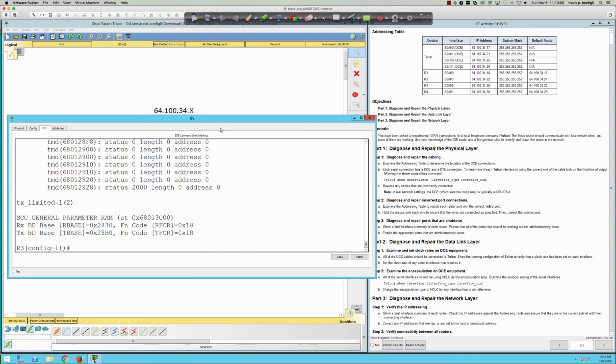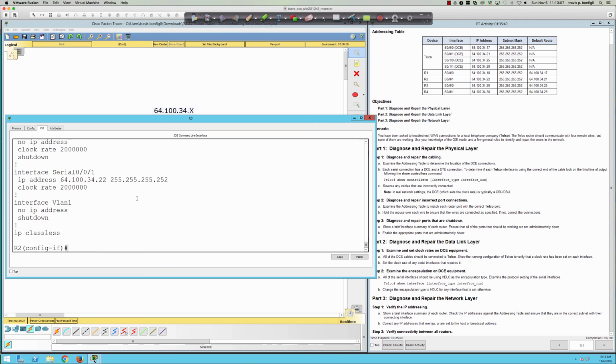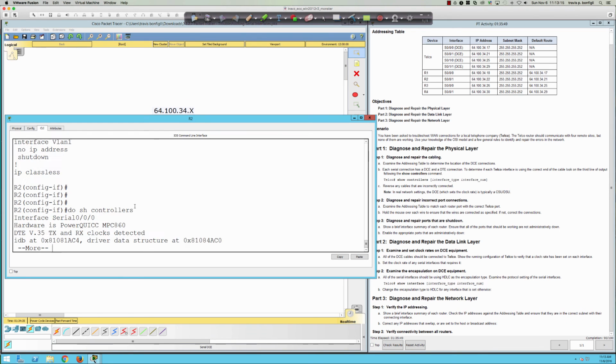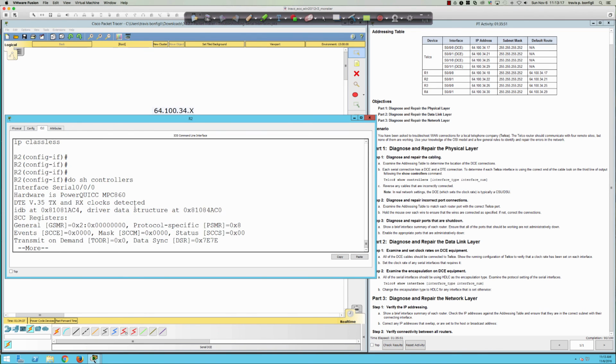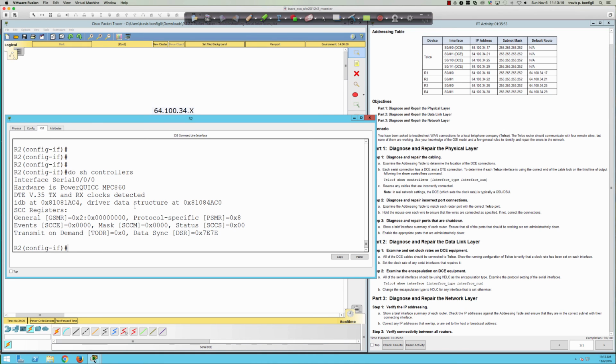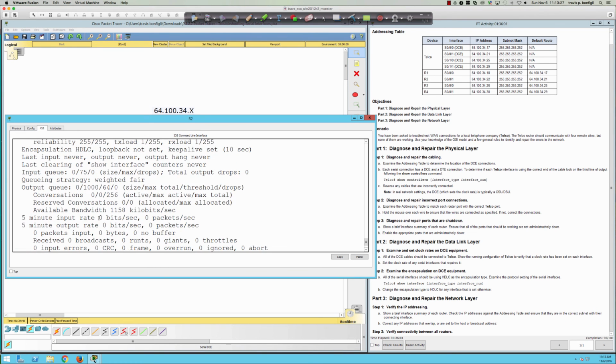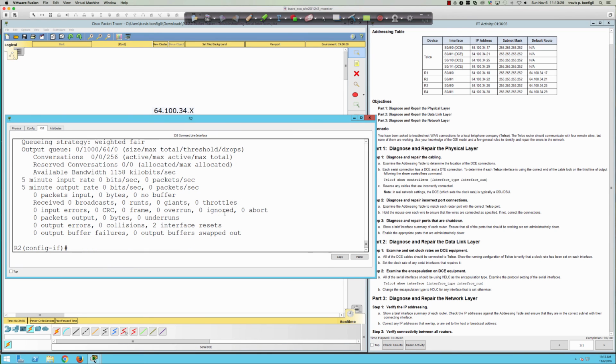All right, so we're going to do, I'm sorry, I wanted to be on router 2 there to run that command. Sorry about that. So do show controllers here. And this is the DTE side, and we do show interface serial 0/0/1, and HDLC is correct. So we're going to actually go ahead and say